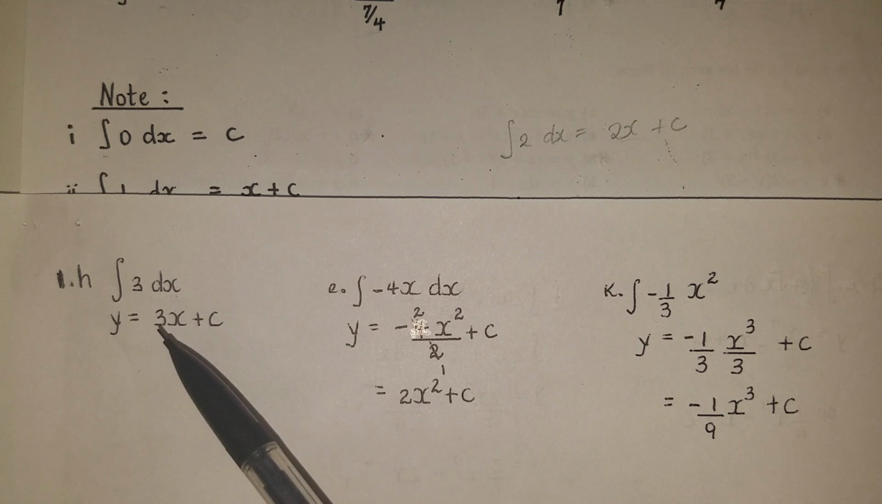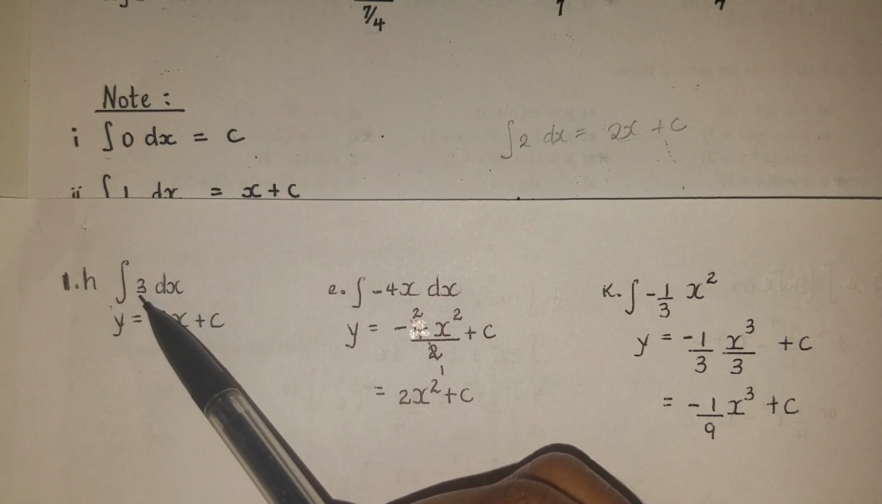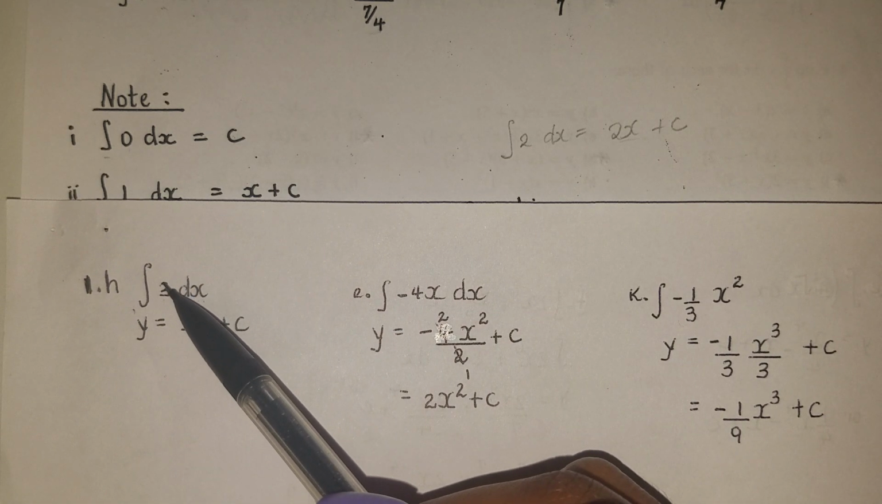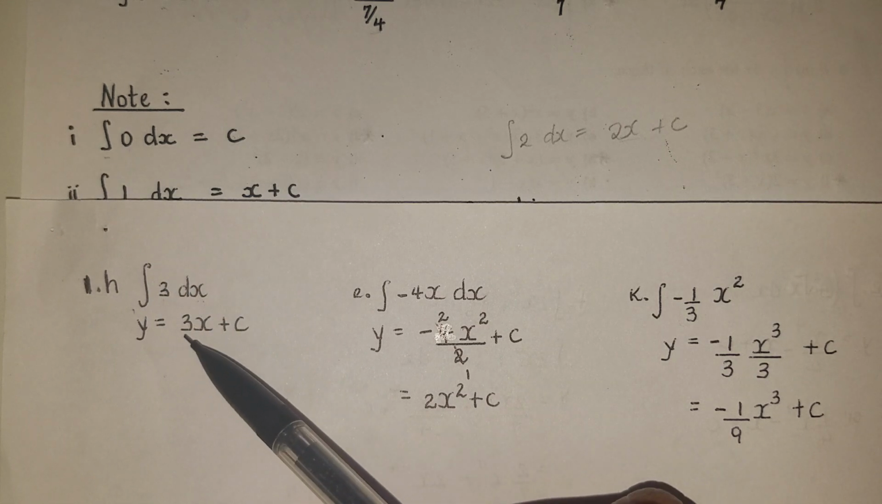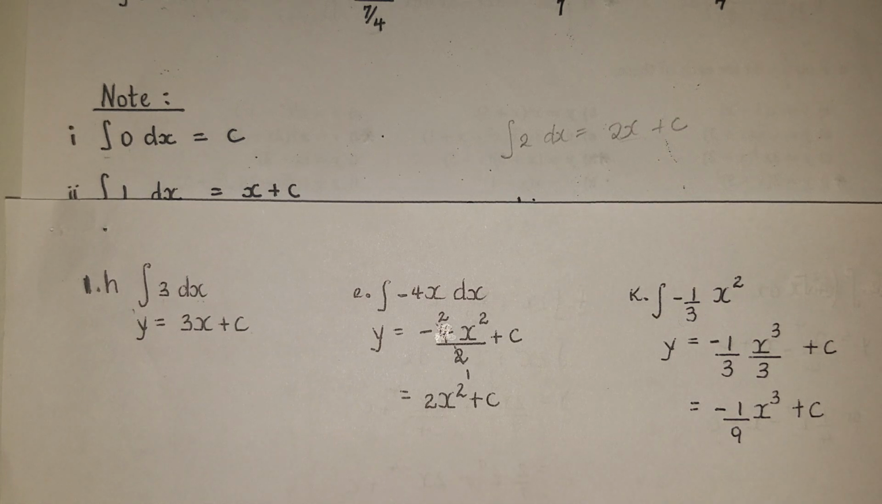So I wrote down H first, which is the integral of 3, and like I was saying earlier, I will simply add an x to this constant. So the integral of 3 will be 3x, and we add our plus c at the end. Now you might be wondering why we keep adding this plus c. That's because this